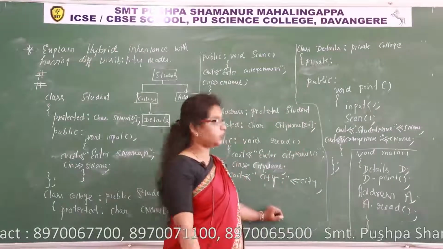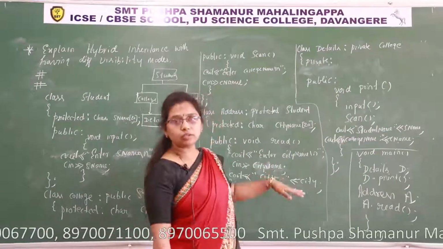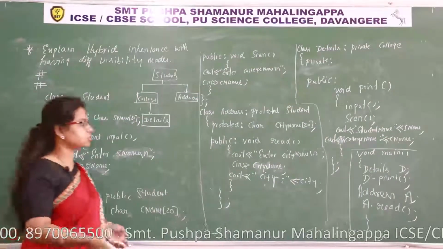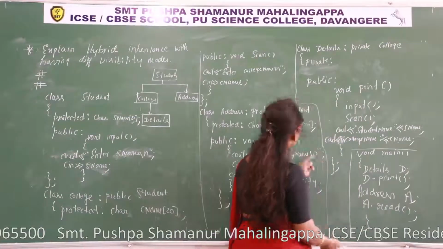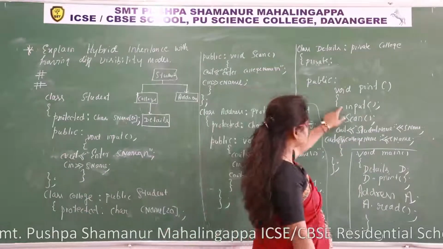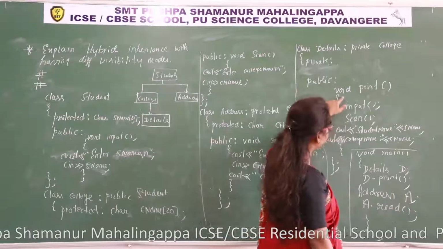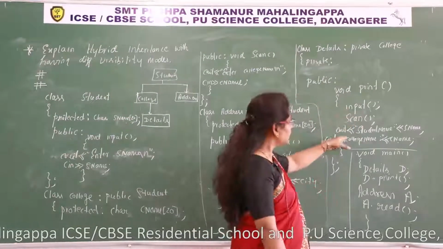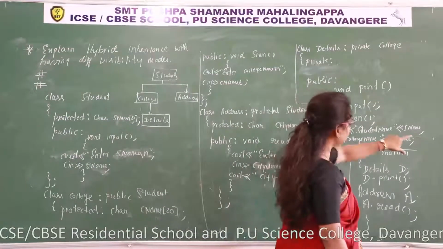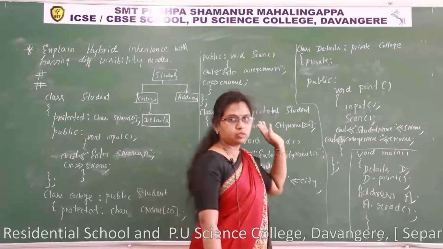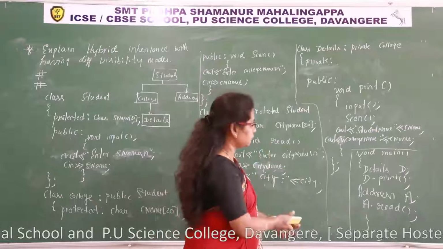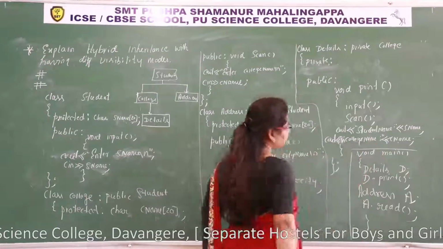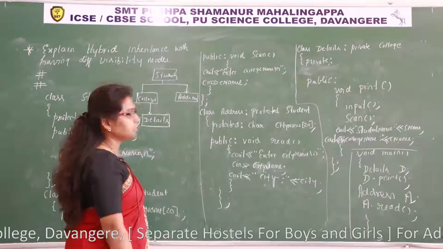To display formatted output, I want to display student name, then college name, then city name. Then you have to call the functions in this order. First I want to call this function, the print function. So the print function will call these two functions. I have to write these two statements in another function to write a formatted output. In that way we can give a formatted output, or you can follow this method. First it displays student name, college name, and later it displays city name.